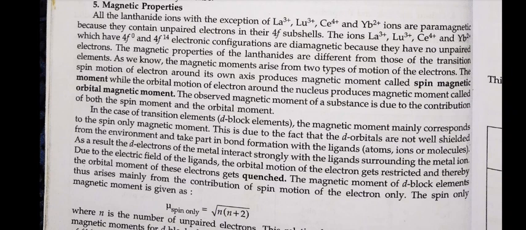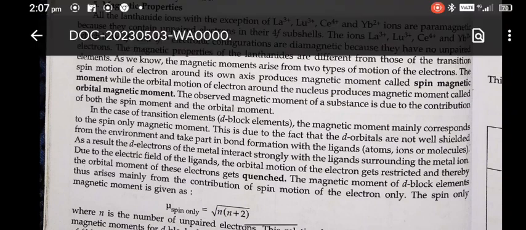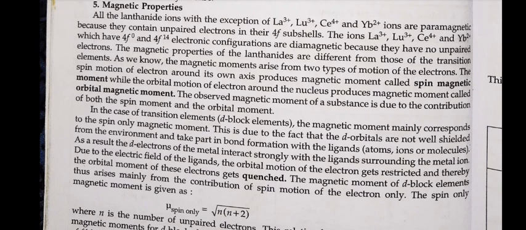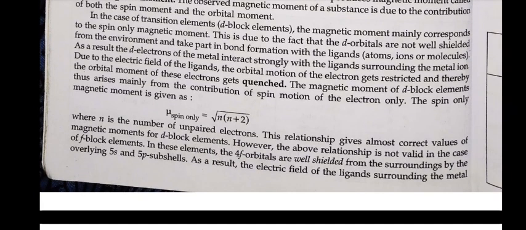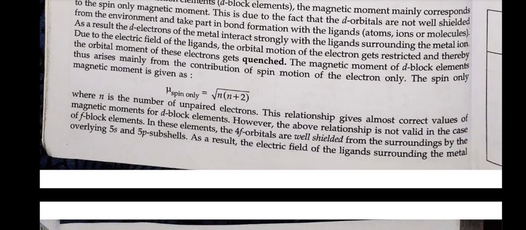The spin-only magnetic moment is given by mu spin-only equals the square root of n into n plus 2, where n is the number of unpaired electrons. This relationship gives almost correct values of the magnetic moment for d block elements. However, the above relationship is not valid in the case of f block elements. In these elements, the 4f orbitals are well shielded from the surroundings by the overlying 5s and 5p subshells. As a result, the electric field of the ligands surrounding the metal ion does not restrict